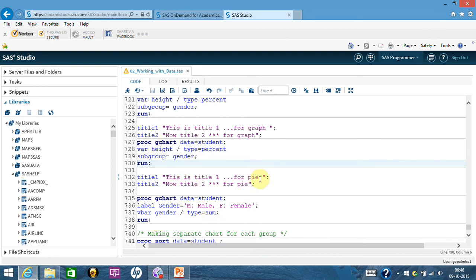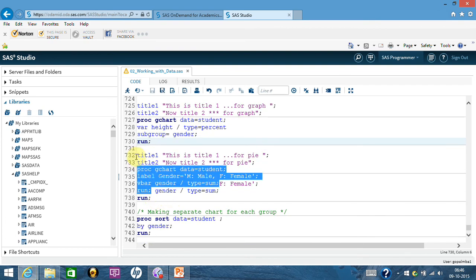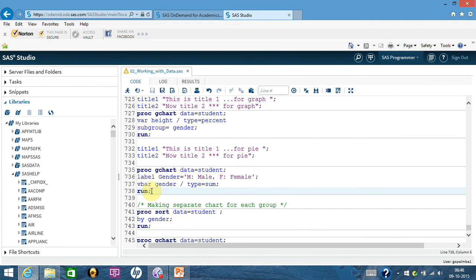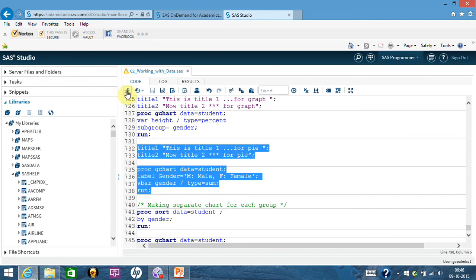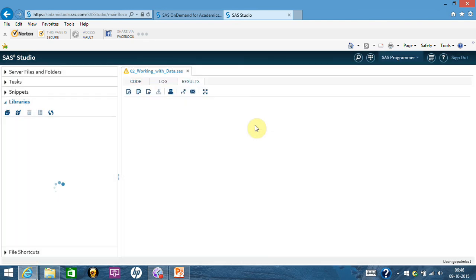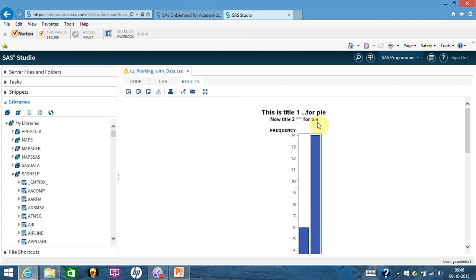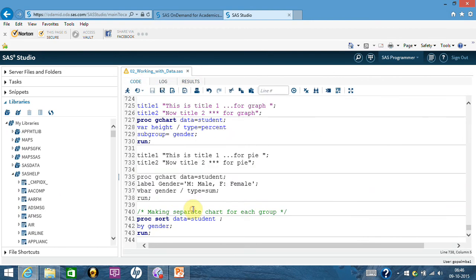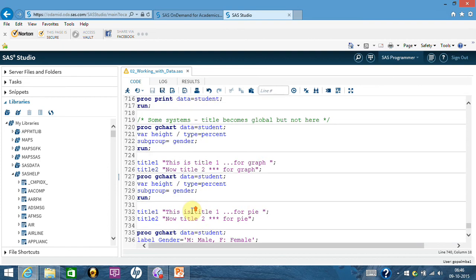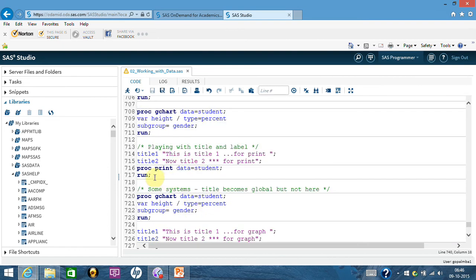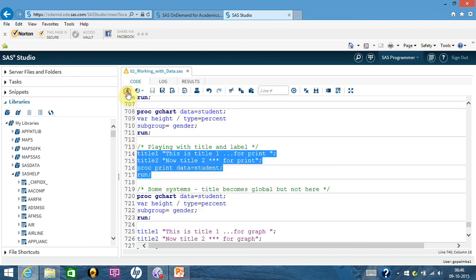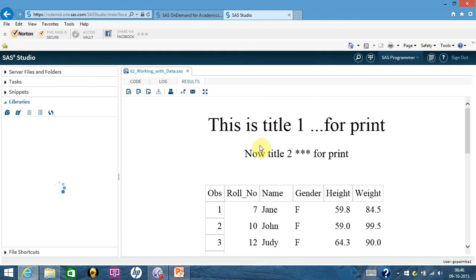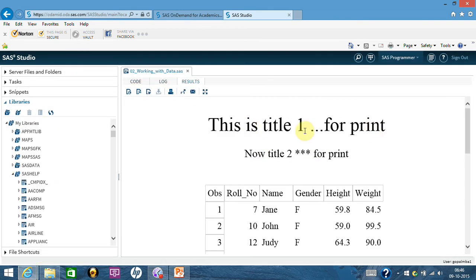Again, I can show you another chart, like the chart for pie. How does it look? Again, just the same thing. It's just a different way of presenting. And the title size will also depend on the type of chart. So here, in the chart, it is looking like this. However, if you try to print anything, the title will look much bigger. I'll show you. If you just print it like this, here title 1 will look much bigger than the way it is looking on graphs. You see how big it is. On the graph it was much smaller. So on the print statement it is much bigger than on the graph.